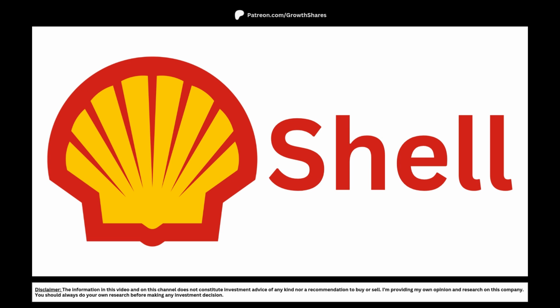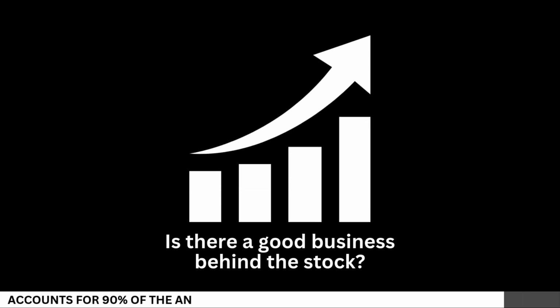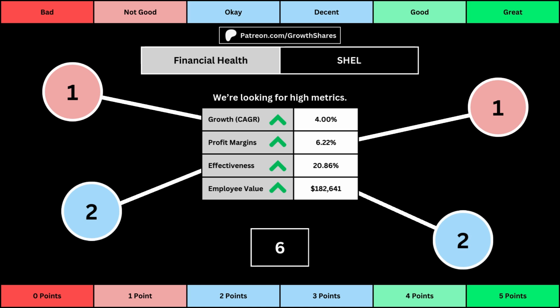Today we're going to analyze Shell and see whether right now is a good time to invest in the company for the long term. First, let's see if there's a good business behind the stock. We'll look at 14 metrics to determine the business fundamentals. The first set of metrics deal with the company's financial health, with its projected earnings growth for the next 5